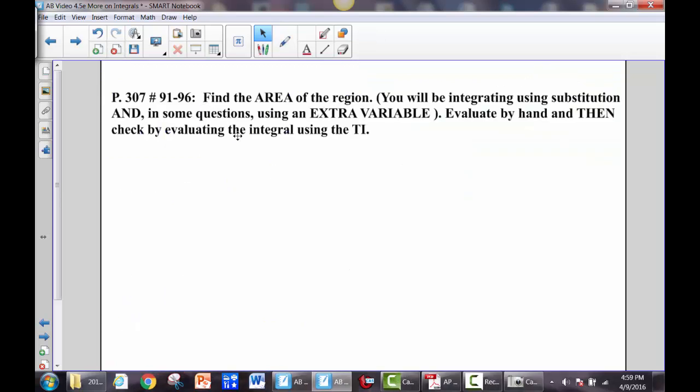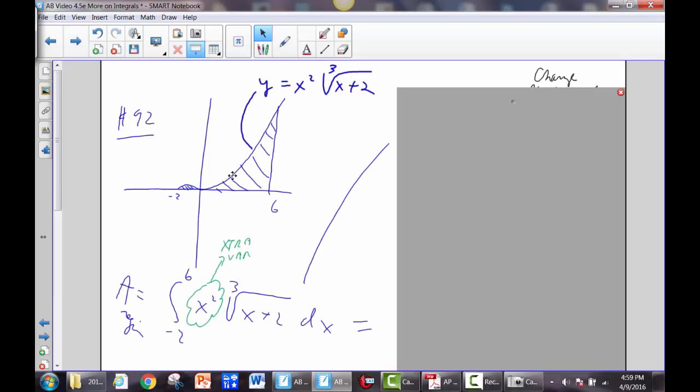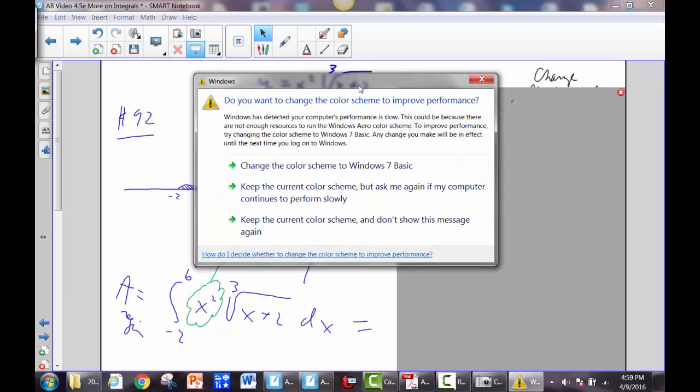Okay, so for numbers 91 through 96, find the area of the region. You will be integrating using substitution, and in some of the questions, you will have to use an extra variable. You're going to evaluate by hand, and then you're going to check it with your calculator. Okay, so here's 92. They tell you this is the graph of y equals x squared cubed root